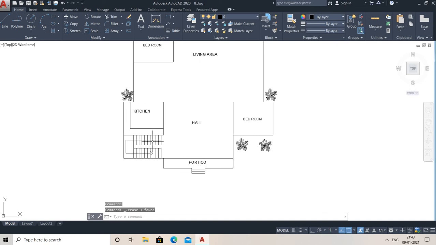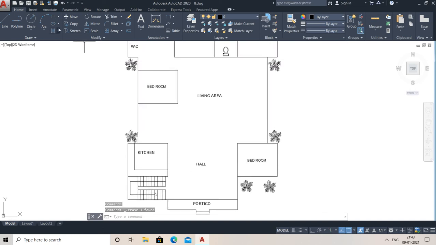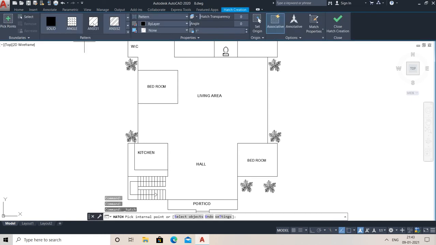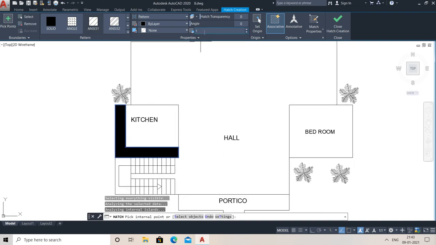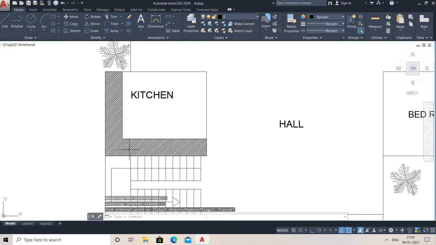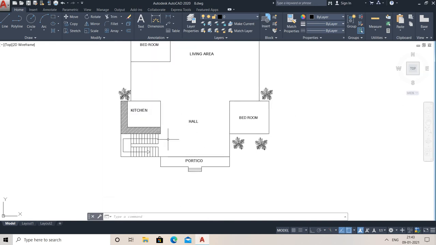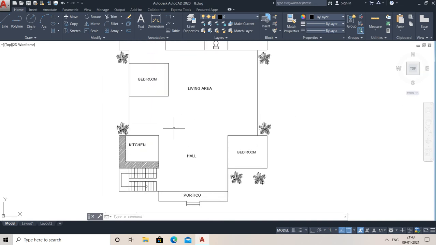So you can see I need to go for the hatch command, just go and click on the hatch. Once you have clicked it, now it will appear like this, just click ANSI 31, right? So after that, go and click it here, this should be 15, enter it. So here your gas cooktops will be there, east facing, so here you need to keep your gas stoves. So after that, skip it.